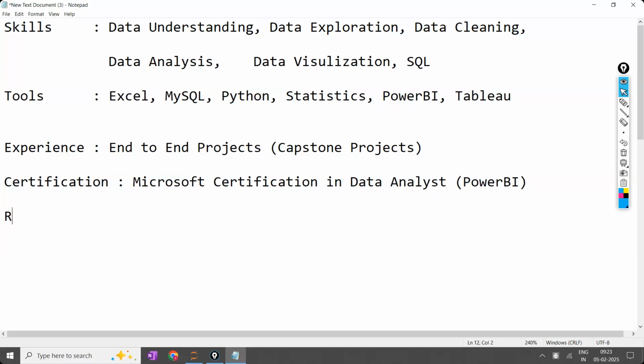Based on this, you are going to create the resume. After creating the resume, you are going to get shortlisted. Once you have been shortlisted, you are going to have the interview. We have discussed multiple interview questions during the regular sessions: what the interview questions are, which areas they focus on, and how you have to face the interview.